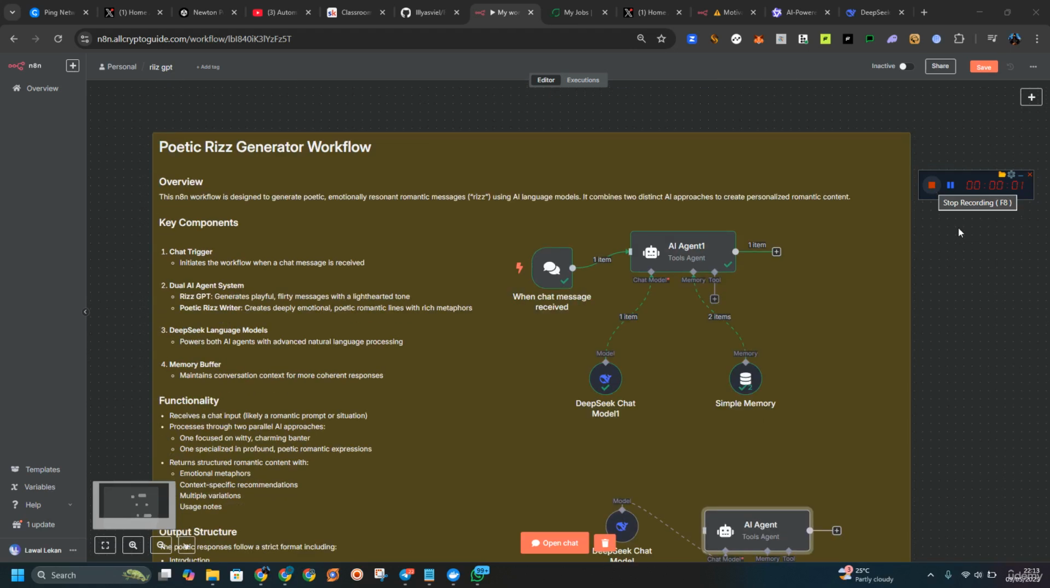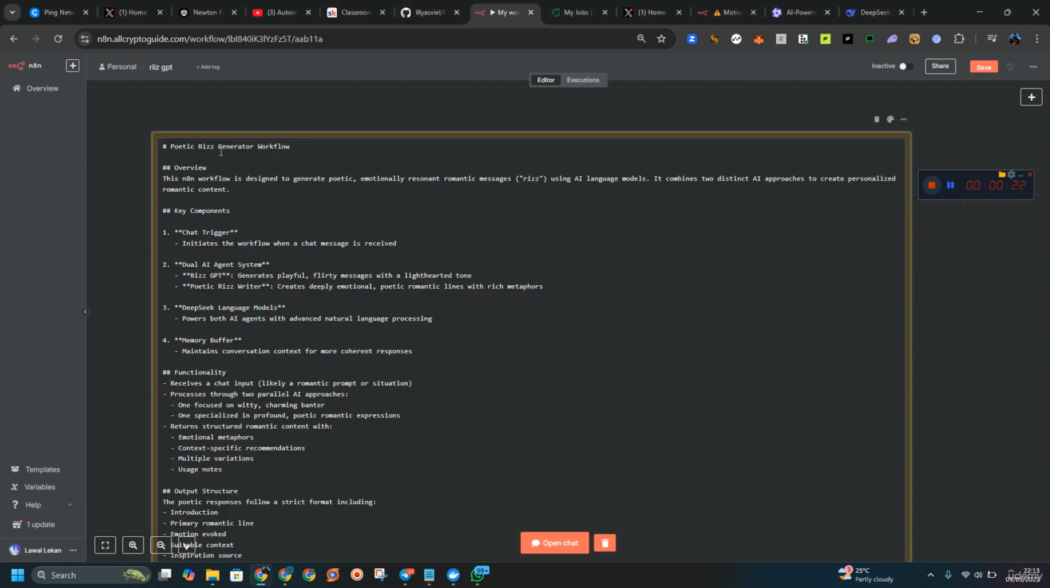Let me show you how I build a simple raise bot, which you can also build yours. So this is actually on this. We are using it to do an example. This is what we call a poetic raise generator workflow. Okay, so let me just edit this thing. So poetic raise